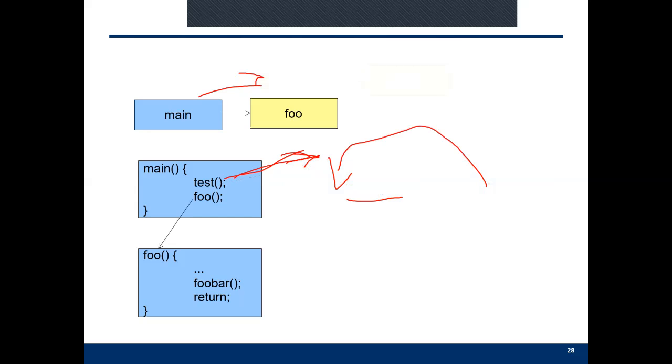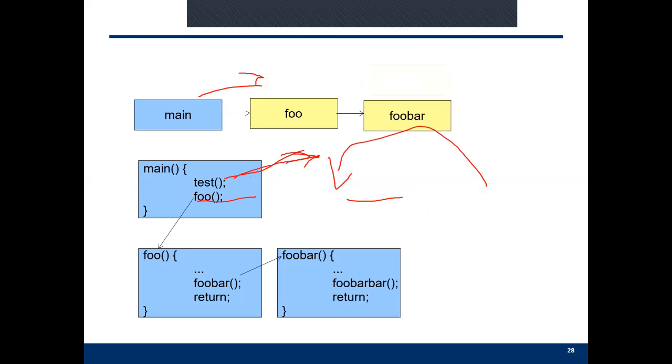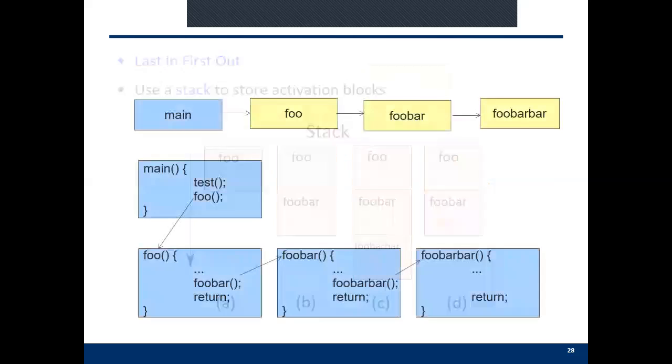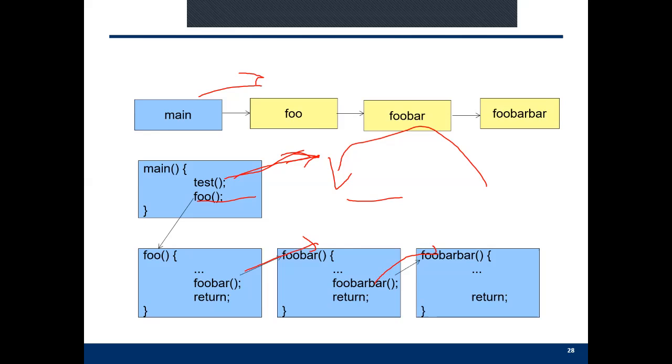We call another function, foo. In the foo function, we call a function named foo bar, and then call a function named foo bar bar. After execution of this one, we return to foo bar, and then return to foo, and then return